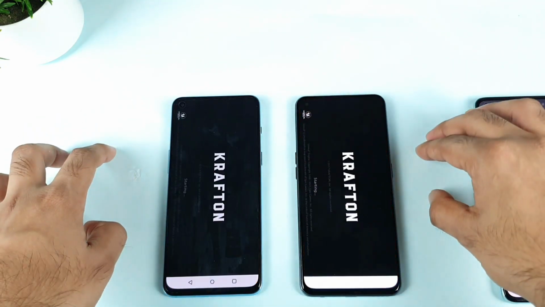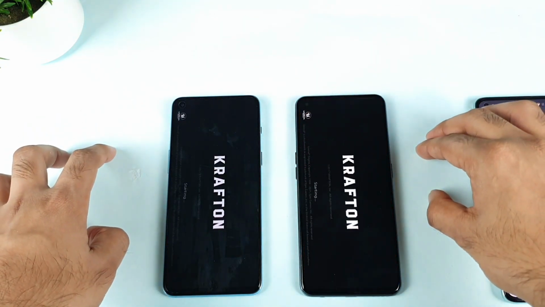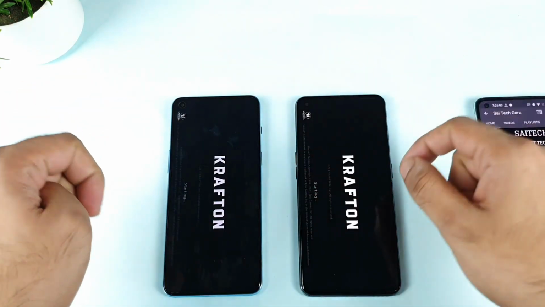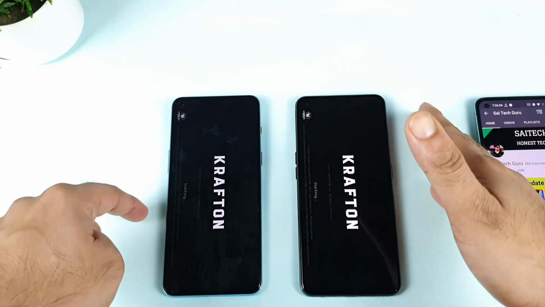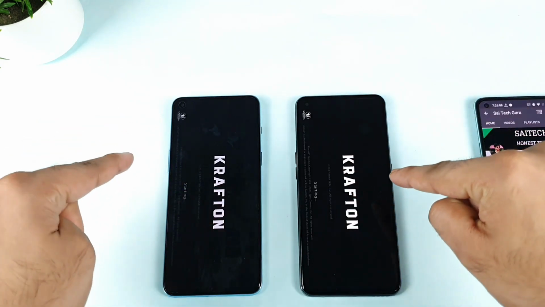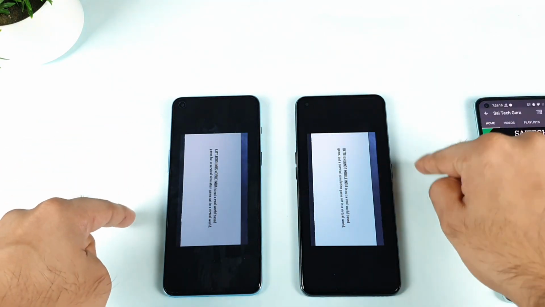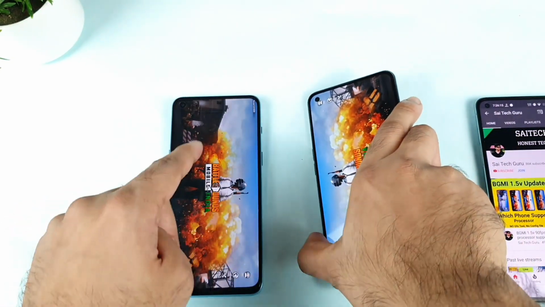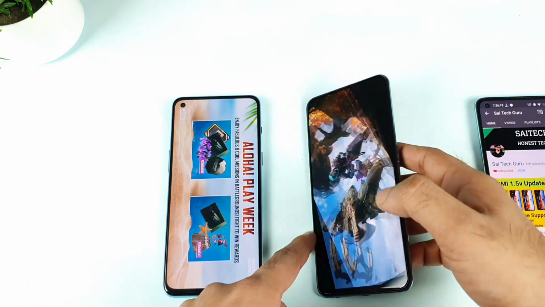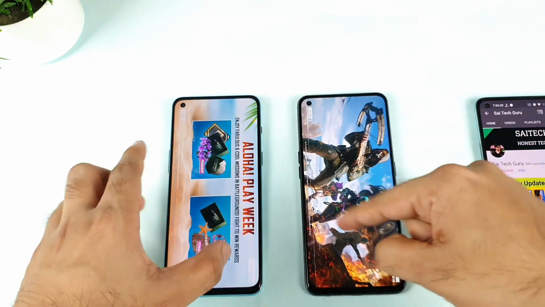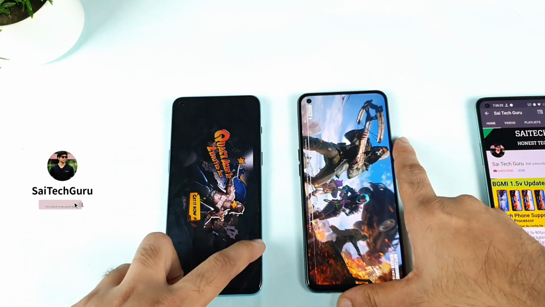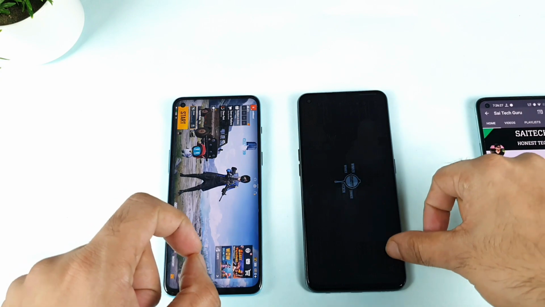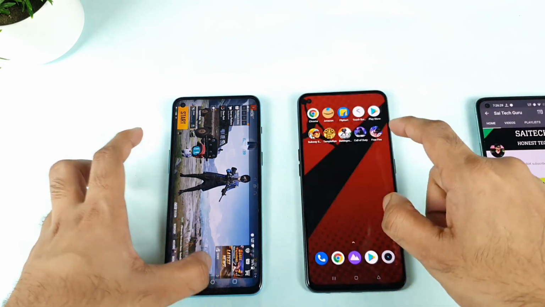And next is the Battlegrounds Mobile game. These are really big games, it did start right now. Battlegrounds Mobile, Call of Duty, and a medium kind of game, which is Free Fire. Let's see with Battlegrounds Mobile which phone will be able to open first. As you can see, the Realme X1 Max did open faster than the OnePlus Nord 2 device, a little bit faster, as you can see clearly what is happening, the login. But the OnePlus Nord 2 did open this login page first, just a little bit faster than the Realme X1 Max. Not bad. Let's go to the home page.